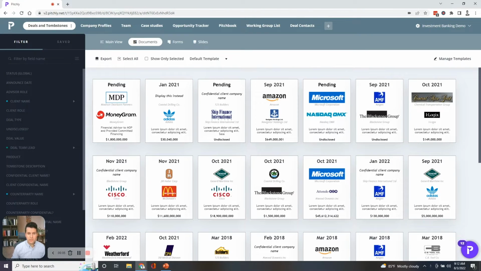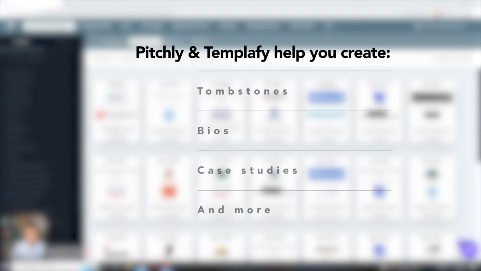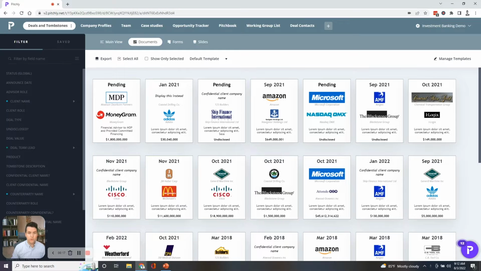I'm excited to show you how Pitchly generates live content accessible from Templafy. Pitchly enables users to create high-value pitch assets such as tombstones, bios, and case studies by connecting to existing data sources or importing data that might be stored in spreadsheets, a CRM, or a SQL database. With our custom connector to Templafy, Pitchly content is available live in Templafy to search, select, insert, and edit in